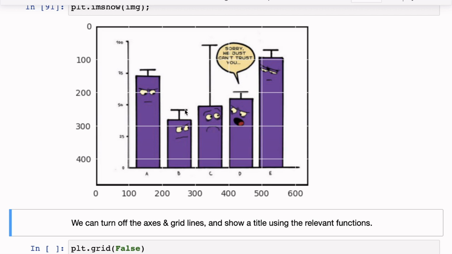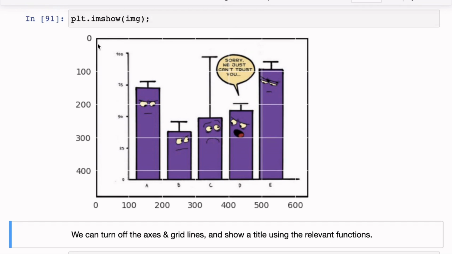And that's the image. It seems like this image is displayed, but along with it, an axis is also displayed. You see this is drawn by Matplotlib. It seems like it goes from about 0 to 640, and again 0 to 480 or so. So this image is of width 640 and of height around 480.